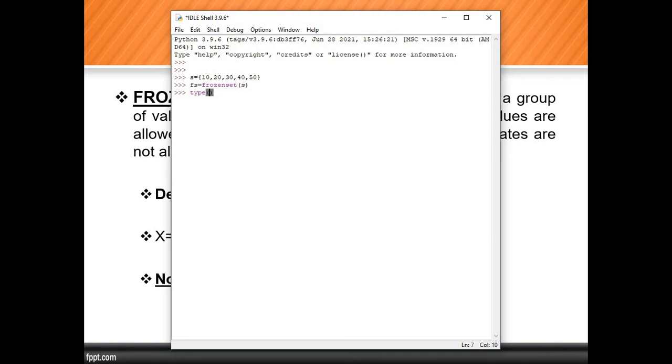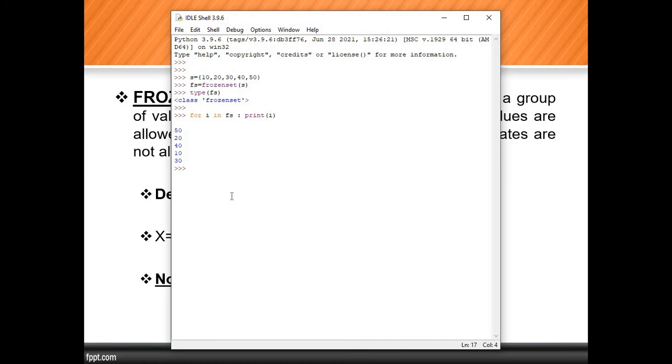Type, we have a frozenset. Now if you want to print, then we will use a for loop. Don't worry about the for loop, just make a note of the syntax. Just write for i in fs. What is fs? fs contains the frozenset. Okay, so colon, print i.